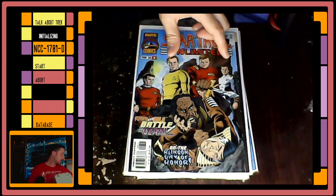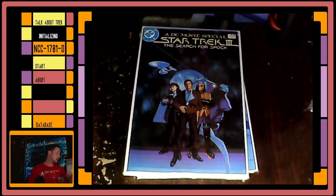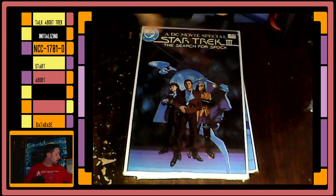Well, what do we got going on here? This is a very interesting comic. So I'm not exactly sure. It must be a mix of the old and the new crew somehow in that. Okay, so now we're getting into, I don't know, maybe some of the stuff that I thought was the coolest or just most interesting for the collection, maybe. But here is a very cool